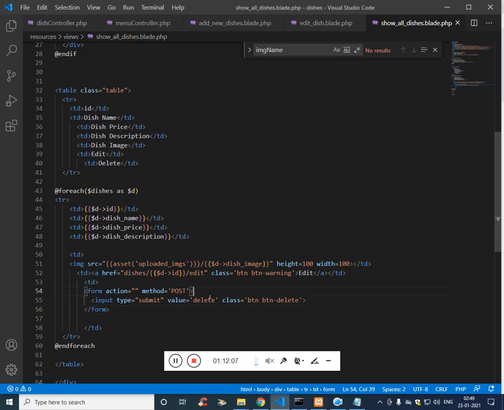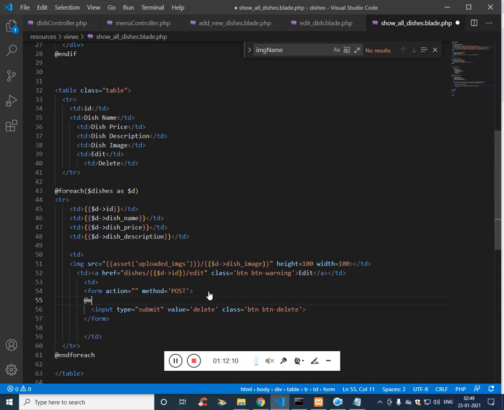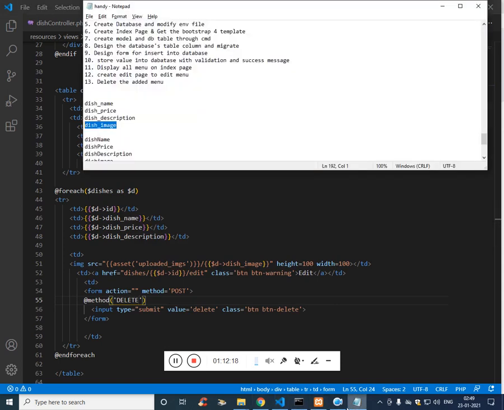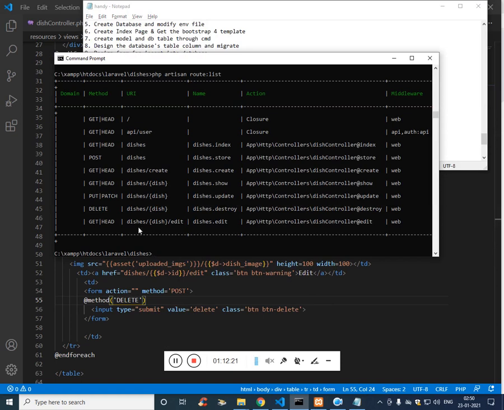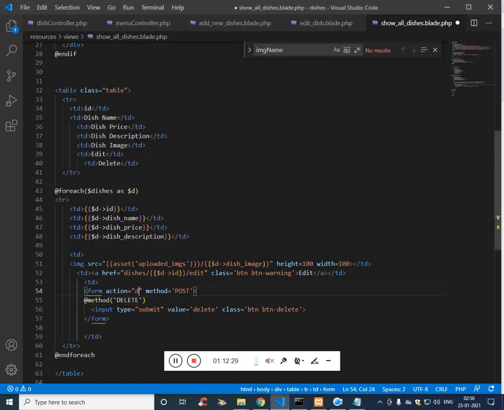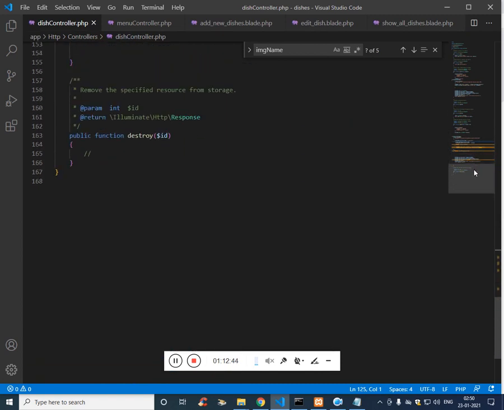So @method delete, and the URL is dishes, simply the dishes slash, we have to pass the ID, and the corresponding method that is going to handle is the delete method, which is similar.